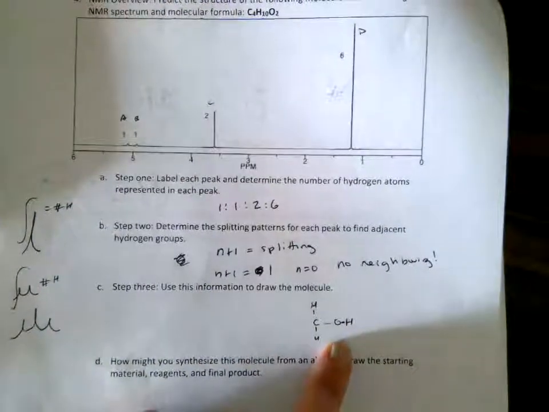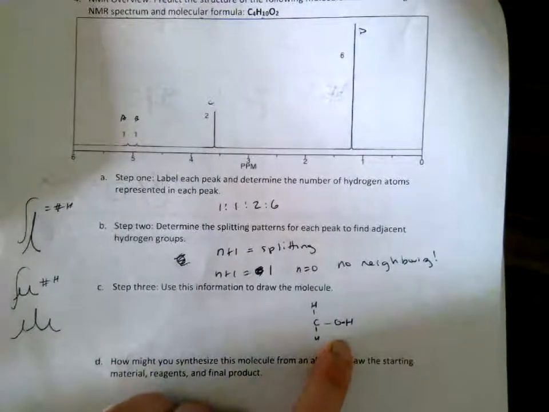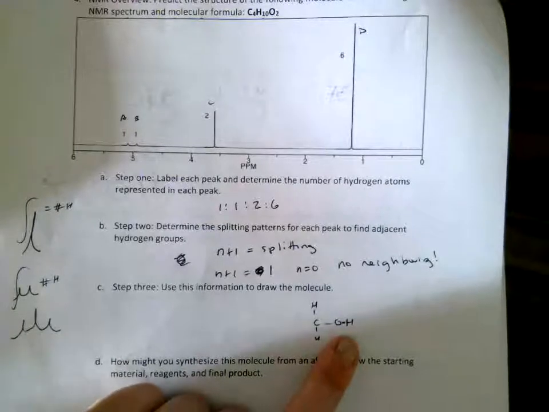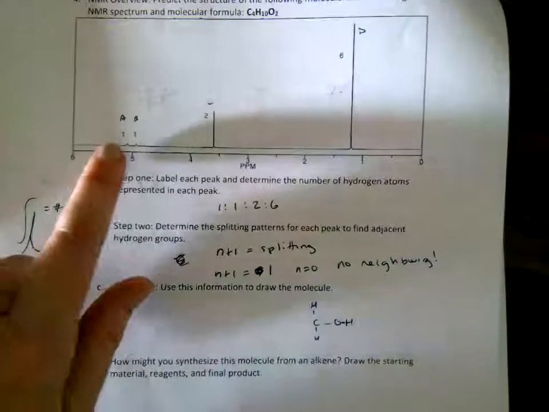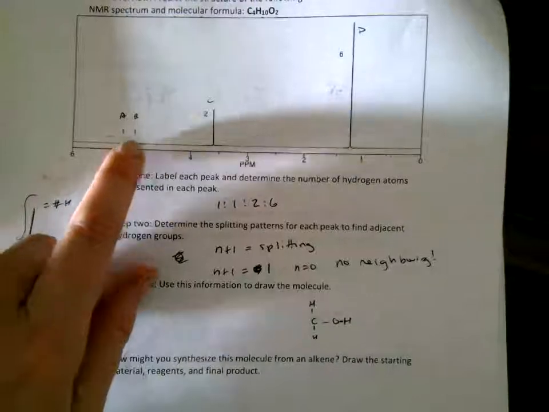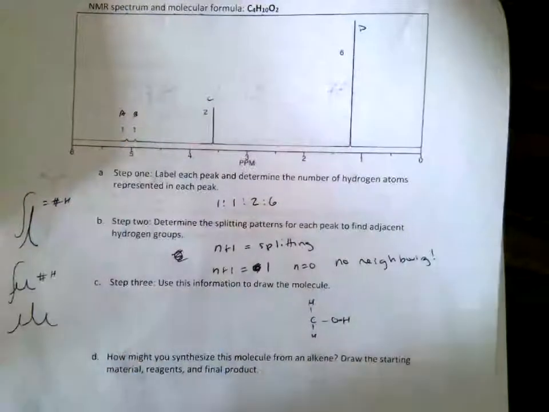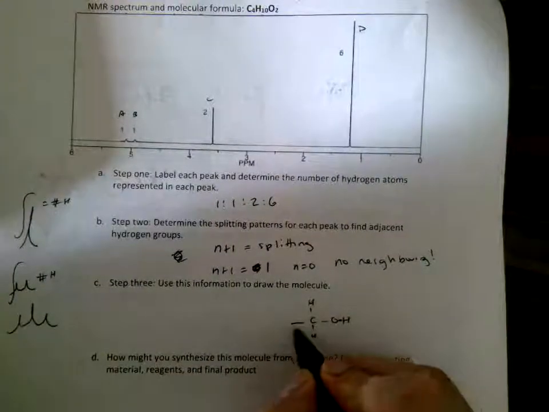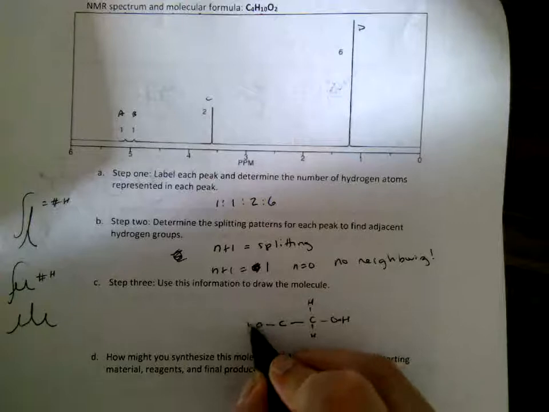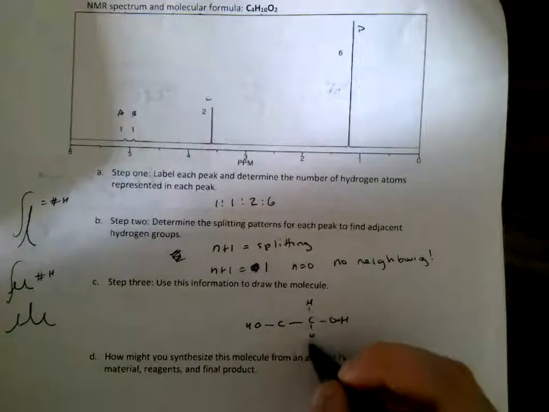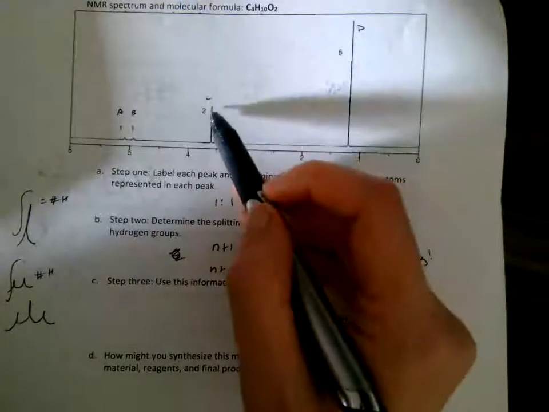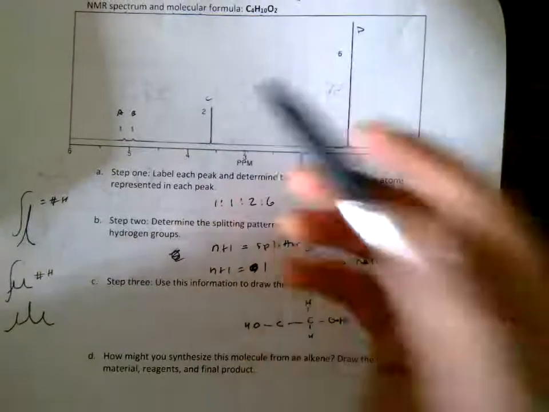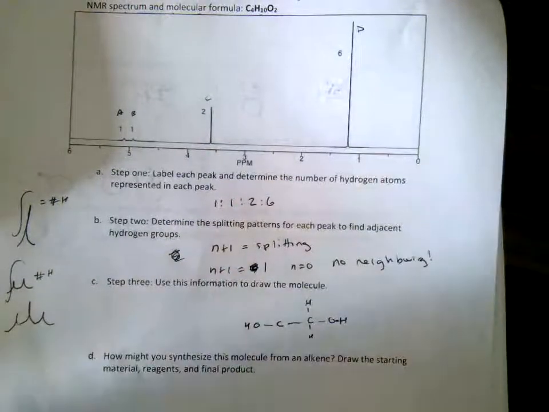So that alcohol there would probably be a hydrogen single peak with no splitting. And that's what A and B make me think, alcohol groups. So I automatically am thinking there's probably 2 alcohol groups. But then I'm thinking, how are there going to be 2 alcohol groups with 4 carbons and no splitting in between? And this 2 right here for carbon C makes me think there must be 2 hydrogens on 1 carbon,